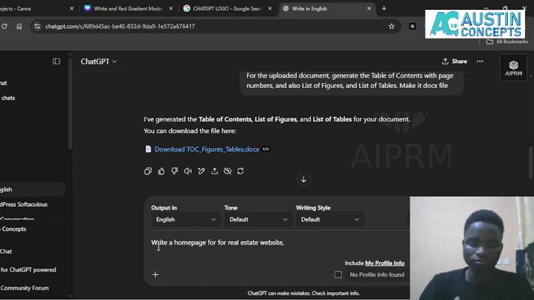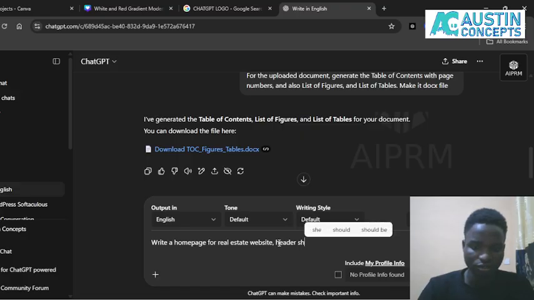Now, a home page for a real estate website. You now give it how you want it to be. Header: the header should contain home, about, service, blog, contacts